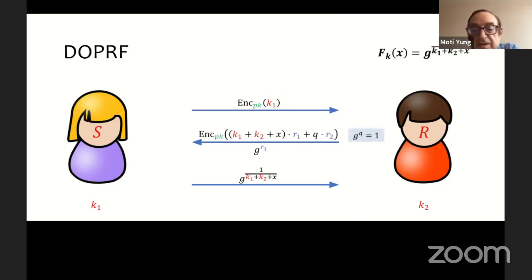The idea is to not send directly what I showed before, just K1 plus K2 plus X, but to homomorphically blind it under the encryption: taking the encryption of K1, adding K2 plus X to it, multiplying it by a random factor R1, and adding the group order Q times R2, and sending a second element, which is g to the R1.